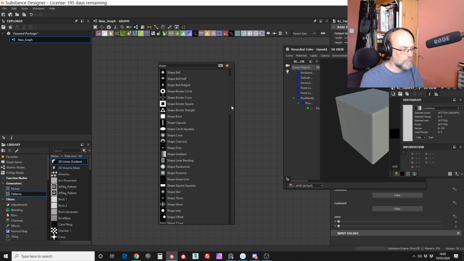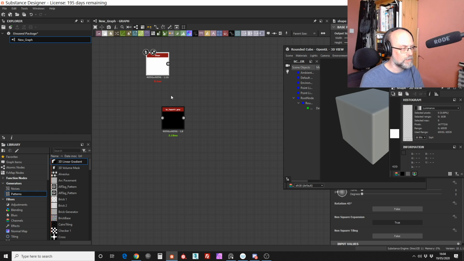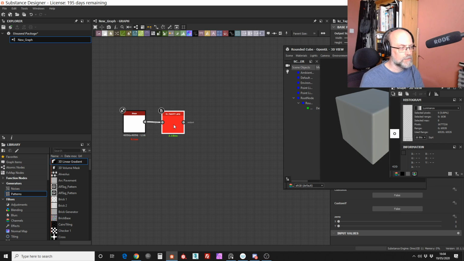You can see that these tiny icons are all Substance Painter shapes, so it does come with a lot of stuff, but I thought it'd be fun to just do this because I do spend a lot of time in Substance Designer playing with ideas. So we've got a shape,